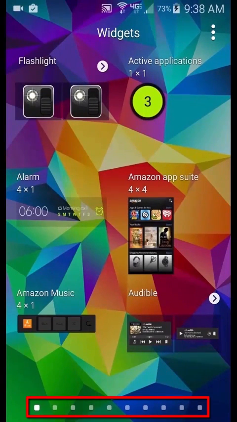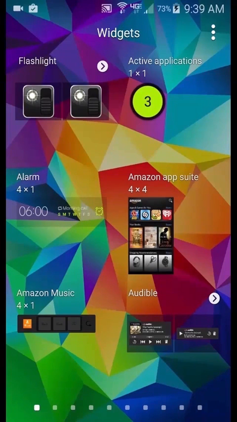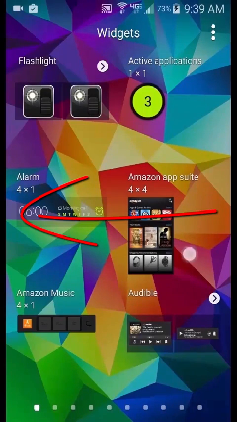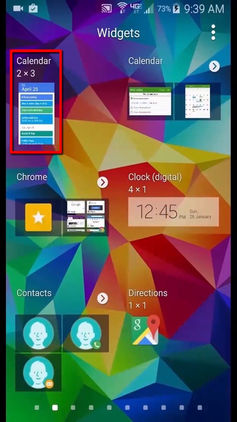By looking at the bottom of the screen, we can see that there are lots of available screens showing installed widgets. Many apps you will install will come with widgets to show you the most recent information without having to open the app. Let's add a winter widget to the home screen. Touch and hold the widget. Move it around on the screen,